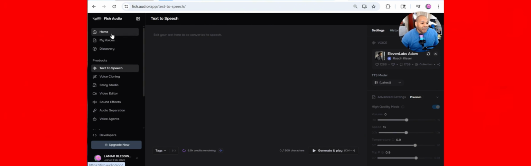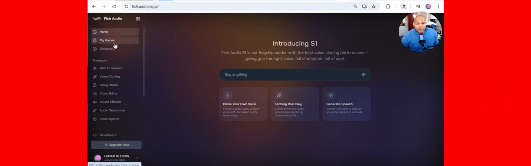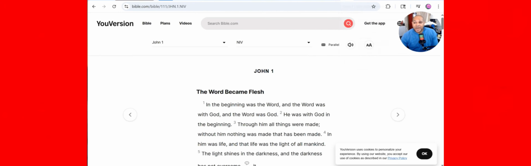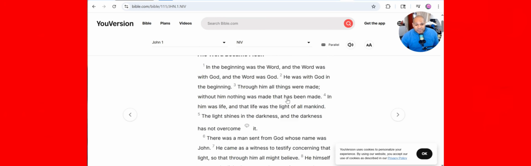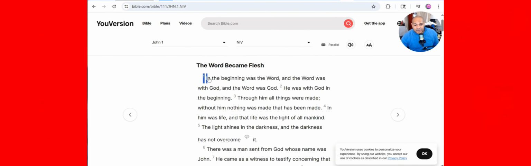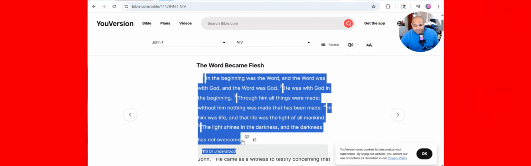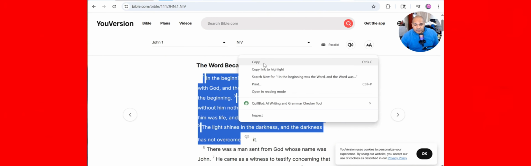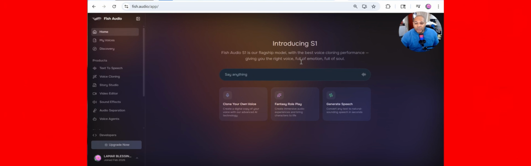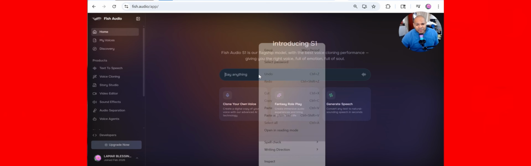Okay, so what I'm going to do is show you an example of how it works. Here it is. So we're going to go over here. I'm going to go to the Bible, and then I'm just going to do a paragraph, and I'm going to copy that. We're a faith-based family. So Philippians 4:13, I can do all things through Christ Jesus who strengthens me. You already know. So let's see what we can do.